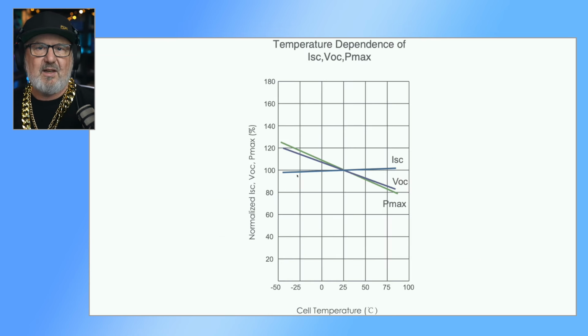And this is just a simple representation of the amount of change for 3 parameters: short circuit current, ISC, open circuit voltage, VOC, and power max, so the maximum power. And you'll see cell temperatures across the bottom. Now, it's very important to remember, we're always talking about cell temperatures. Doesn't really correlate